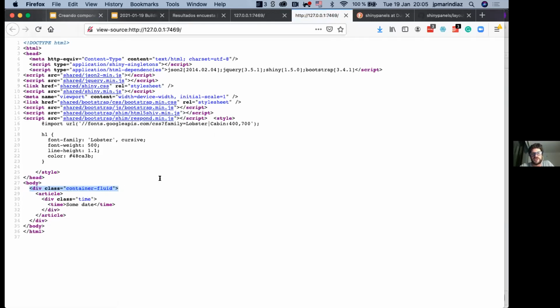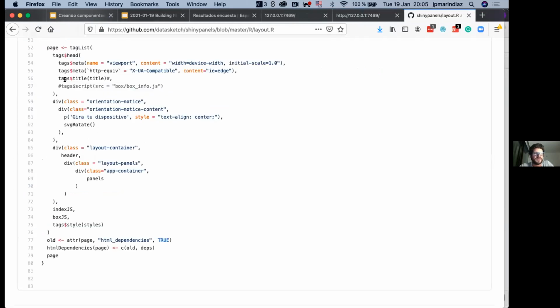So sometimes when you create your own layout, you don't really want to have things inside a div, but rather directly in the body or different layouts, and that's why at some point you may want to create your own package